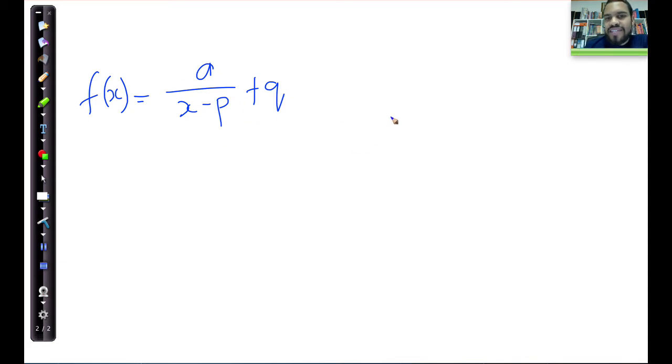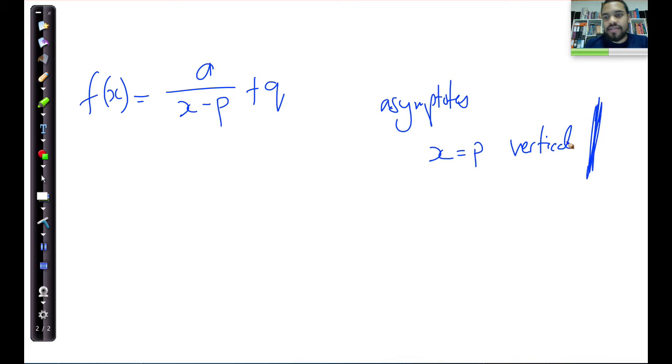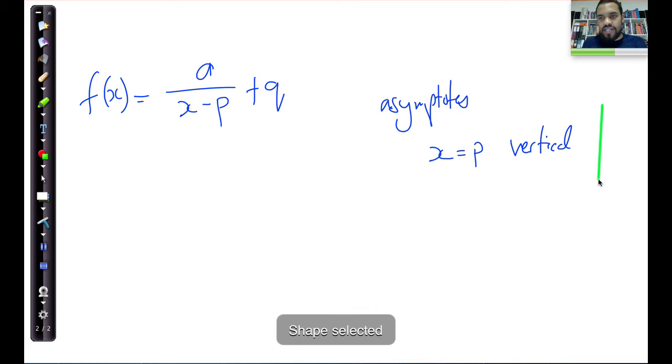Firstly, we've got asymptotes, right? The asymptotes are x equals p, that is the vertical asymptote, and vertical is a line up and down like that. But I'm just going to take that out, because the vertical is an up and down line that goes like so, right? Then you get a horizontal asymptote, which is like so, and the horizontal asymptote has equation